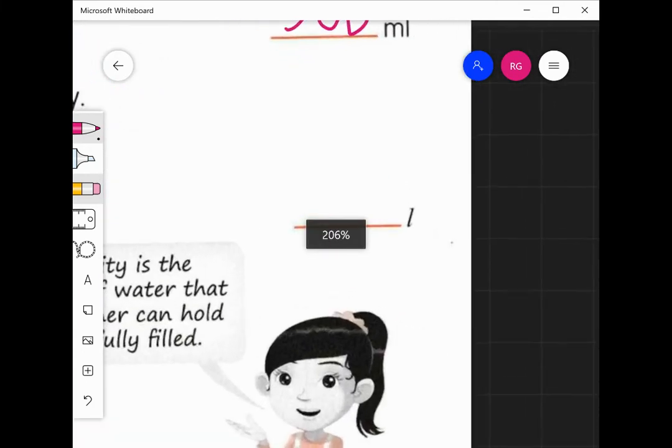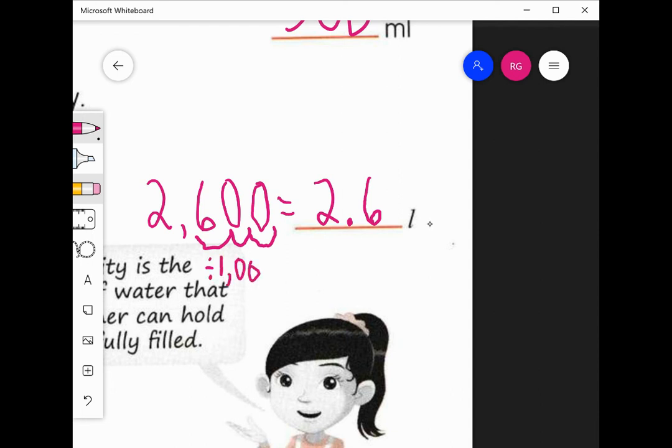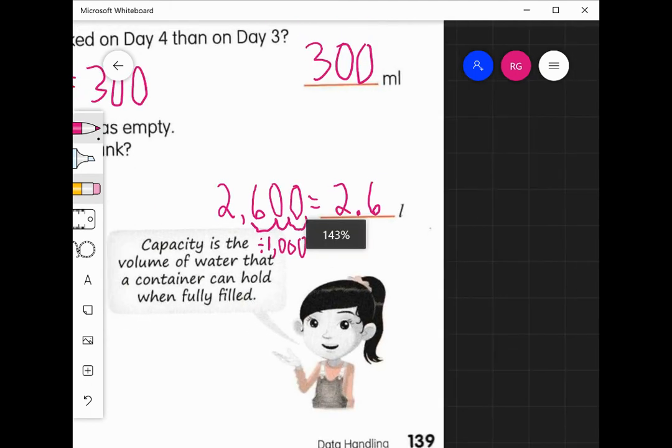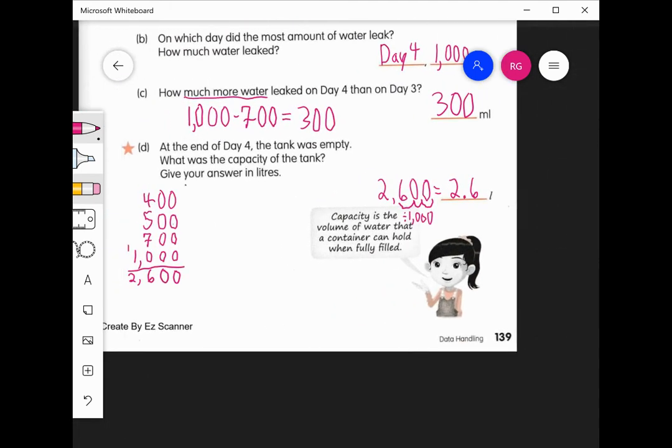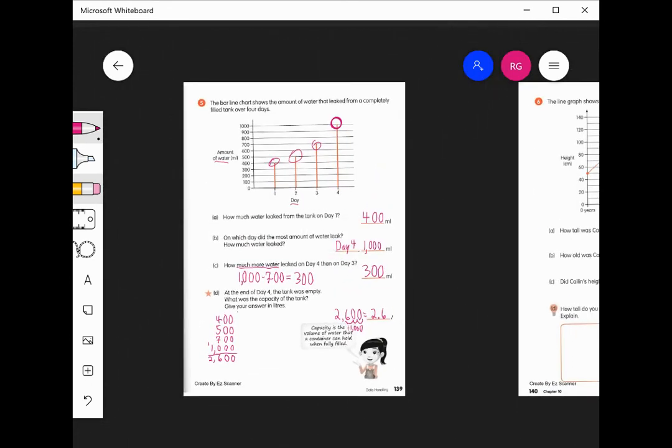Okay, so let's write the 2,600 milliliters. Okay, and that is equal to 2.6 liters. So if we want to calculate milliliters to liters, we can move the decimal 1, 2, 3 places by dividing by 1,000. So that is how we go from milliliters to liters. All right, so that's it, guys, for page 139. Hope you have all of those